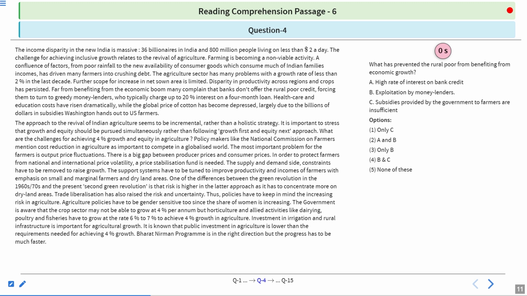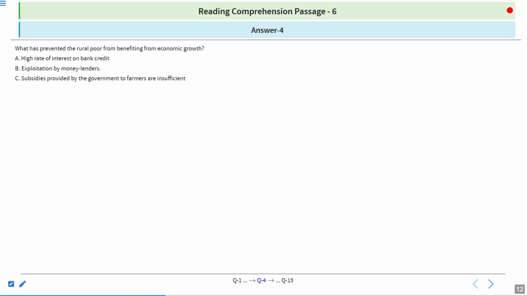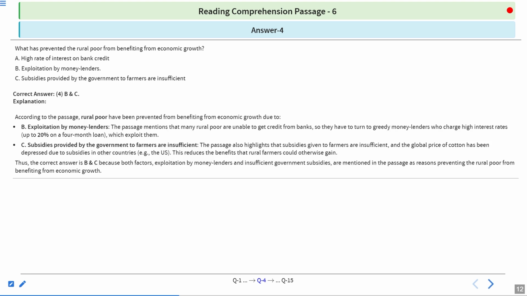I hope you've chosen the right one. Let's move to the correct answer. The correct answer is 4, B and C. And the explanation is according to the passage, rural poor have been prevented from benefiting from economic growth due to B, exploitation by moneylenders. The passage mentioned that many rural poor are unable to get credit from banks, so they have to turn to greedy moneylenders who charge higher interest rates, up to 20% on a four-month loan, which